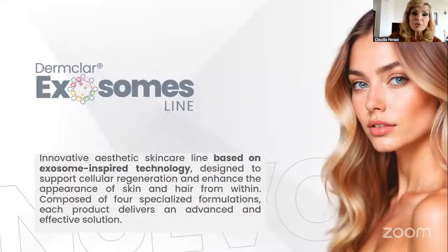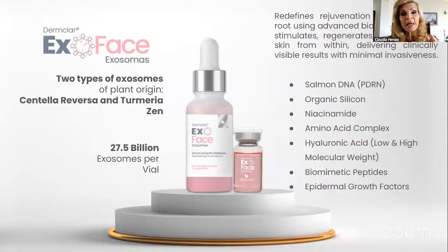The Exosomes line is an innovative aesthetic skincare line based on exosome-inspired technology, designed to support cellular regeneration and enhance the appearance of skin and hair from within. We were used to using Dermclar products that offer solutions from the outside in, but now we are talking about solutions from within, composed of 4 specialized formulations, and each product delivers an advanced and effective solution. Let's start with